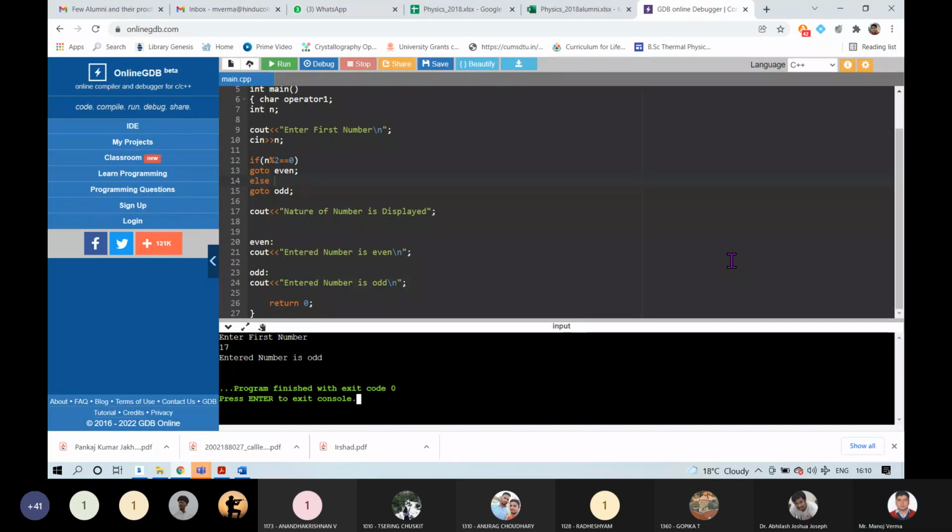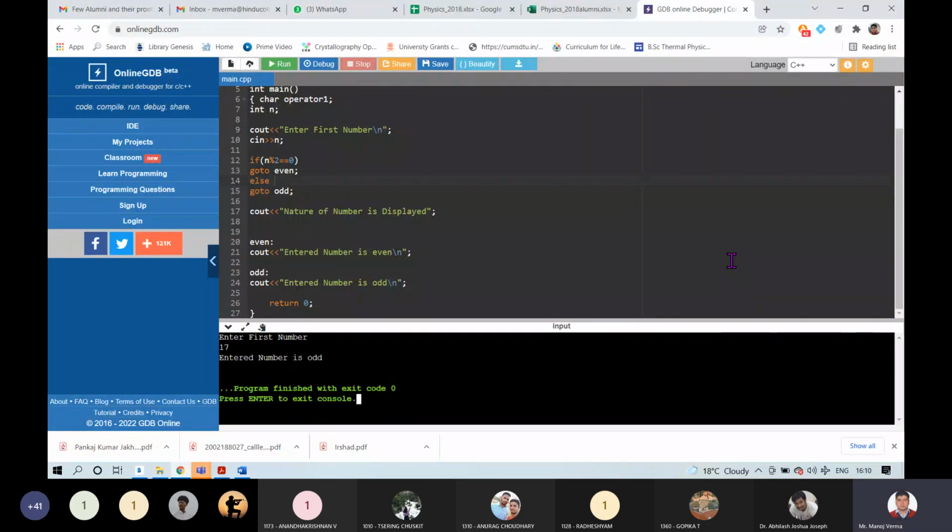I will give you a question in the assignment which will require these go to statements within the switch cases. Okay, so yes, these go to statements can be used to go into a particular section of a program.